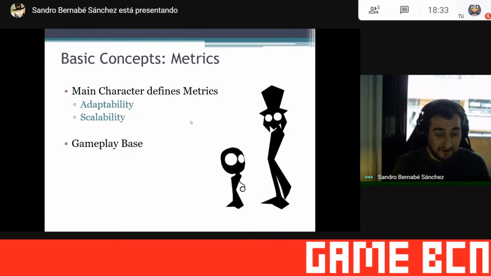And also, defining metrics relative to the main character establishes a good base for gameplay. Just imagine Super Mario. Just imagine if they didn't do this. They didn't define metrics relative to the character. They would have a hard time establishing the gameplay, because they would have to always keep in mind all the variables,